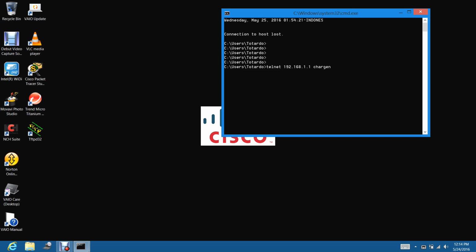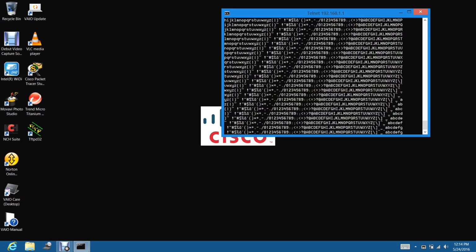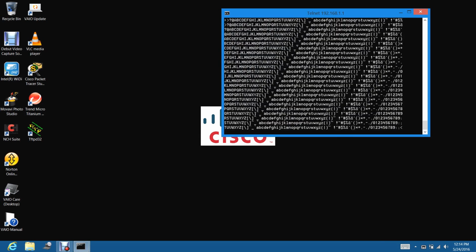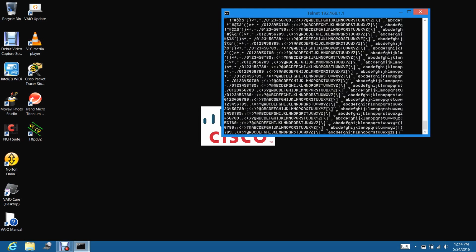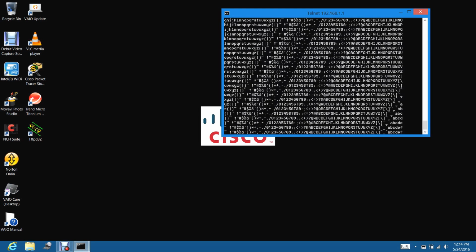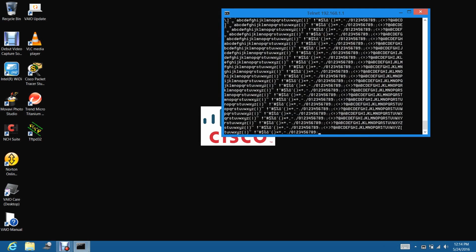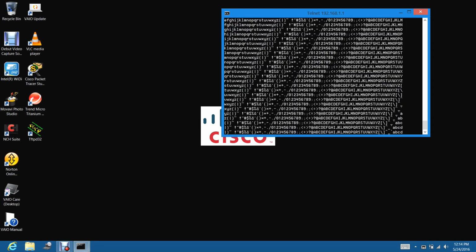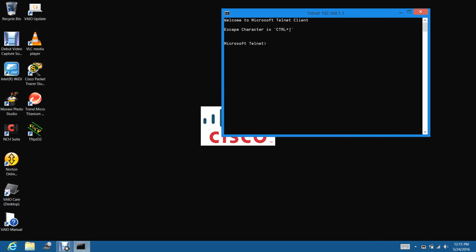Type enter, and this is the result of Chargen: it generates a repetitive ASCII character. It will continue on and on until you stop it with Control and close bracket like this, and this time we type quit.